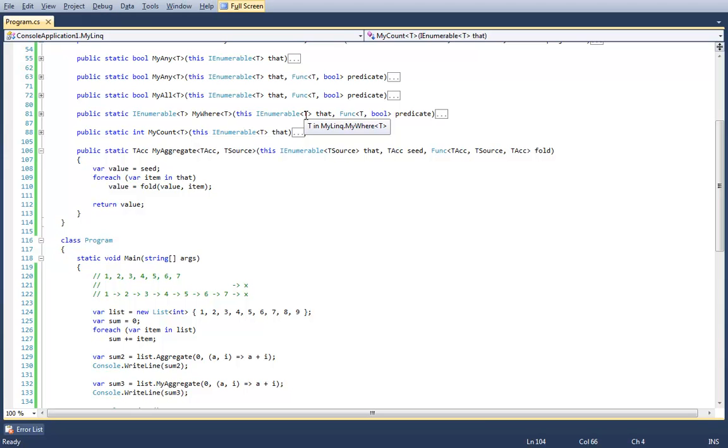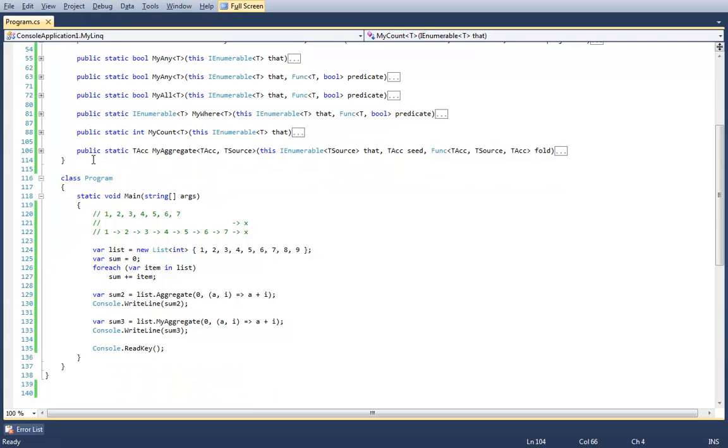So if you look at the generic type parameters, you should have a general idea about what it's going to do, because we can infer just by looking at the signature that it takes in an IEnumerable of something, and it returns a single value of something else. So we already have a good idea about what it can take in and what it can return. The other parameters aren't as important, but the fold parameter is very important.